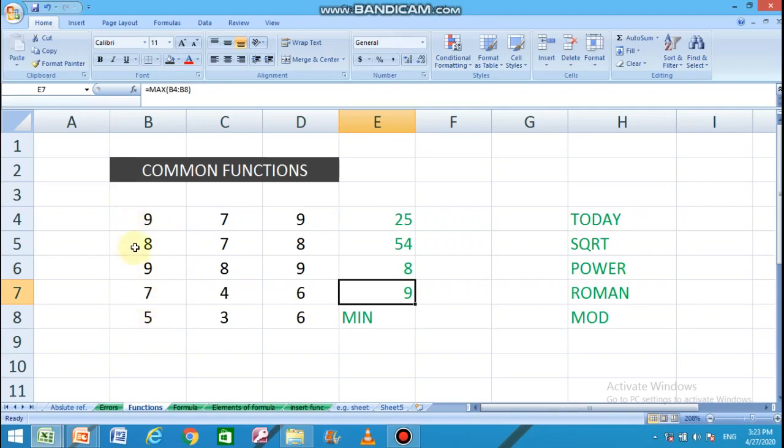Suppose if one value was 18, now you can see the max function which we have applied here for the cell range B4 to B8, 18 is the maximum value out of all the values. That is why 18 is displayed in the box. Minimum is just opposite of max function.